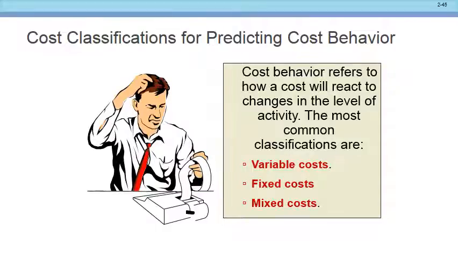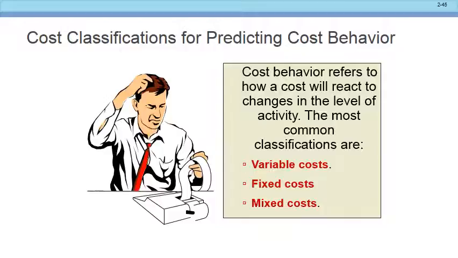If the bread is $1 per sandwich and I produce two sandwiches, what's my variable cost? $2. So my total variable cost will increase as I produce more items, right? How about three sandwiches? It's $1 per sandwich. I produce my third sandwich now, and so my variable costs are what? $3, right?